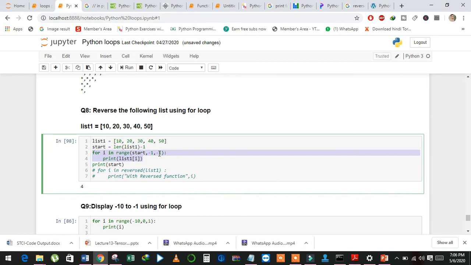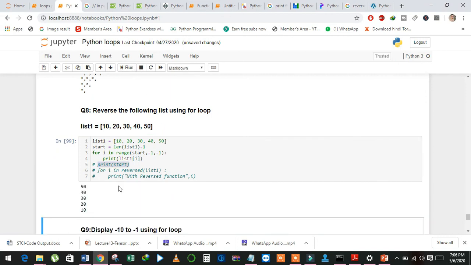The value of the for loop decreases by -1, and now see the result. It printed all the elements of the list in reverse order.